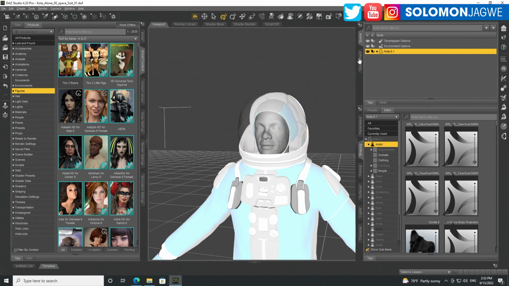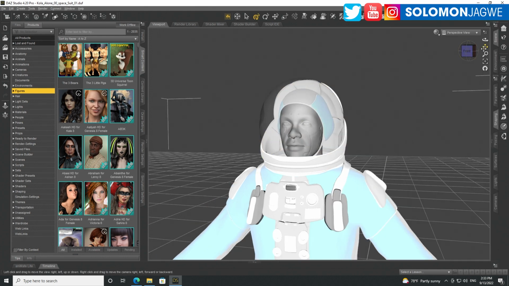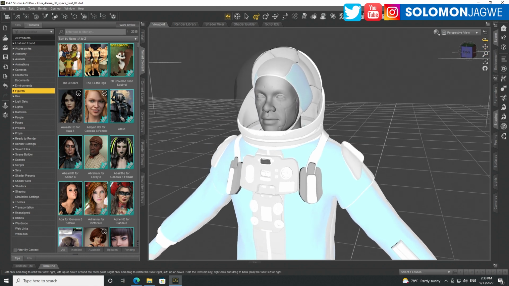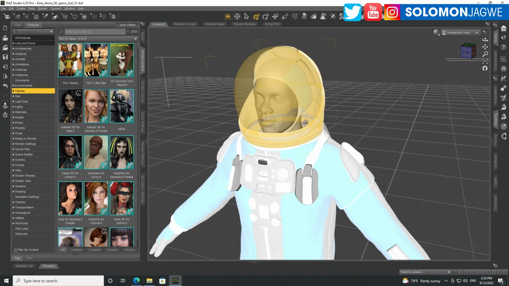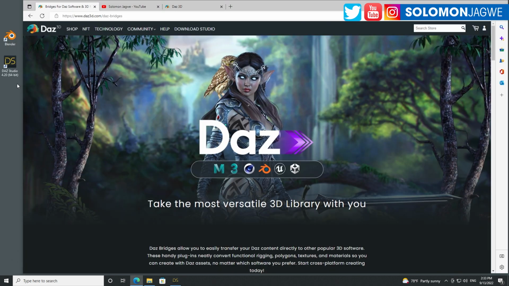Click OK. And that's the power of this machine. Hopefully, depending on the speed that you have, you can at least get a sense of how fast it should go if you have a fairly good system. So the model has been sent. We need to go to Blender. Let's start Blender over here.